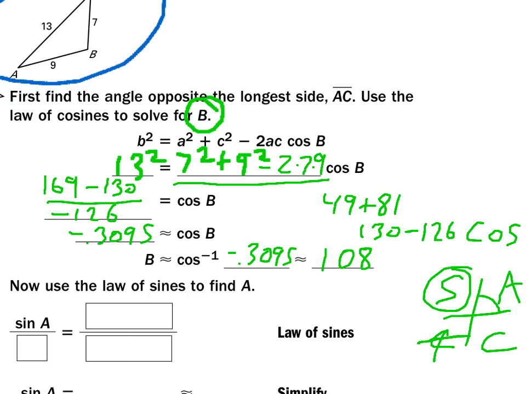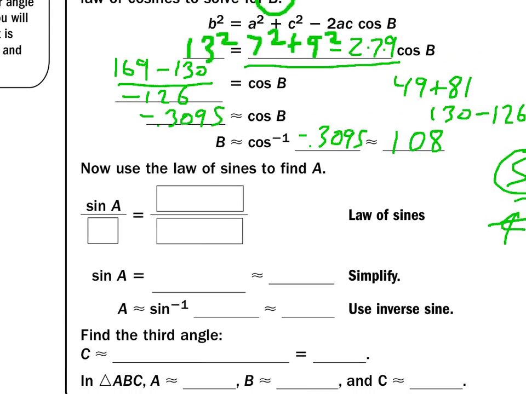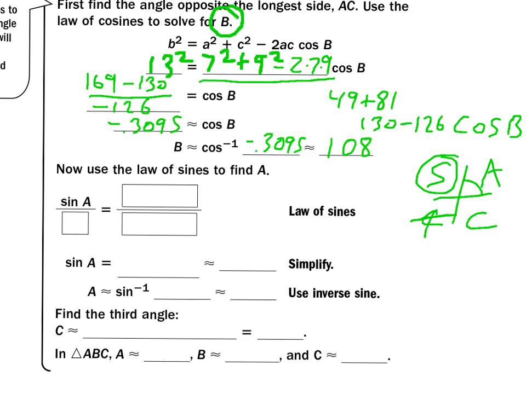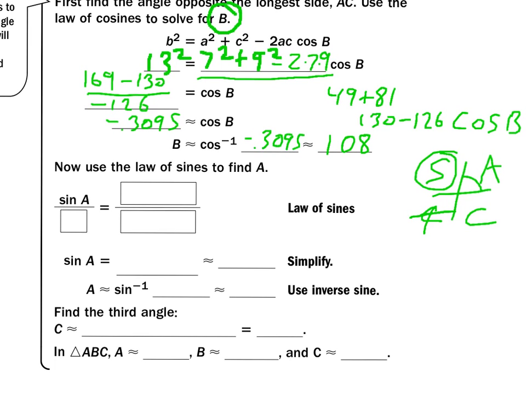So once I find that that's 108 degrees, I'm on my way to solving. Alright, I'm going to put 108 for B right here. Okay, we didn't have any angles, so we have to find all of them. So I'm going to do the sine of 108 right here, and little b was 13, and little a was 7. Multiply both sides by 7, so I do the sine of 108 divided by 13 times 7, and I get